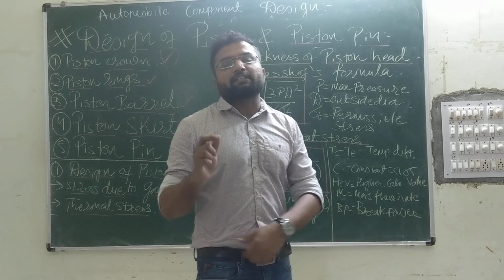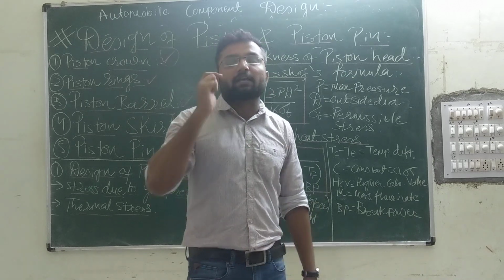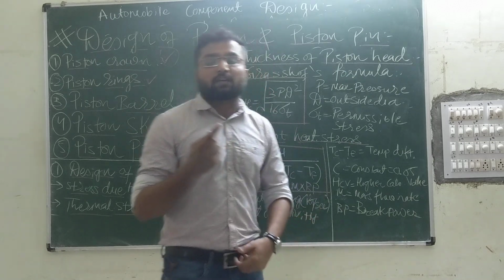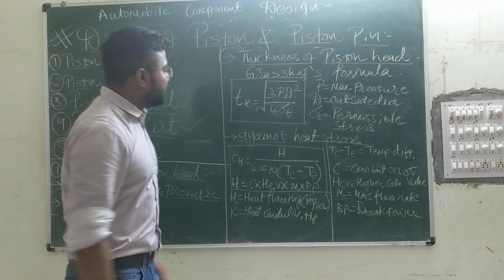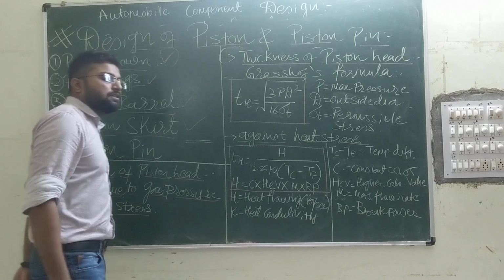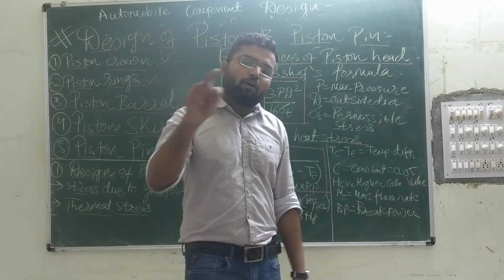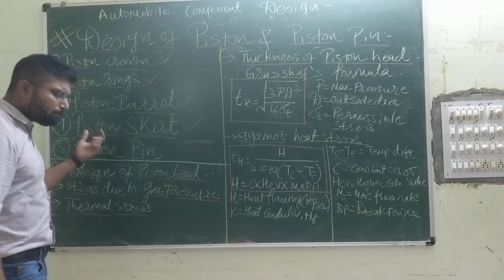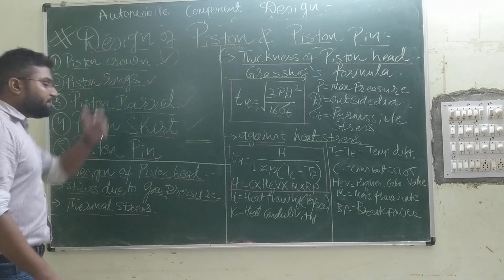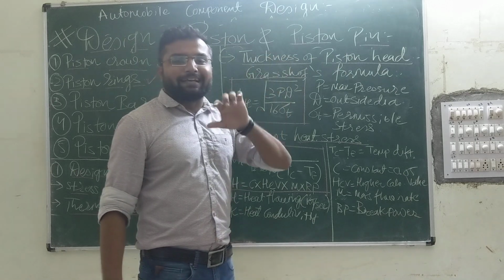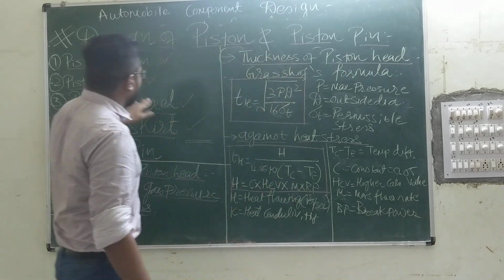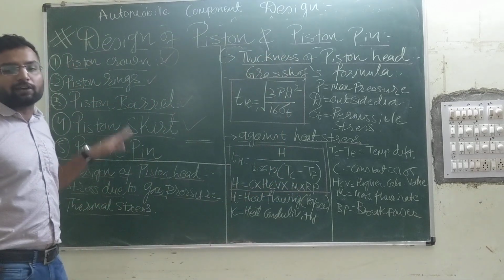So here we will consider its length as well as its diameter, or you can say the total peripheral surface, while considering this bearing pressure. So ultimately the piston skirt is designed depending upon this bearing pressure, and it will also determine the length of our piston. So you can easily determine the length of our piston depending on these four criteria.